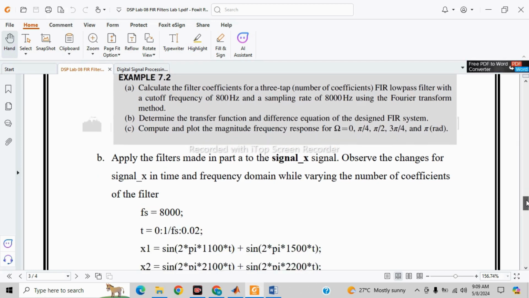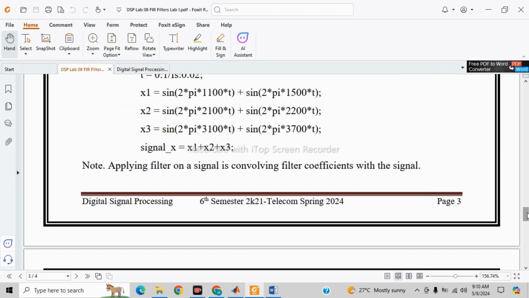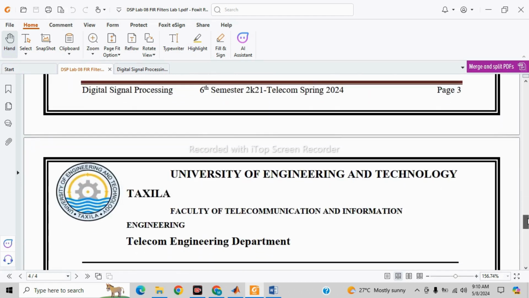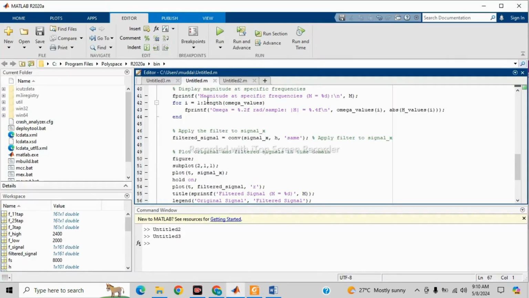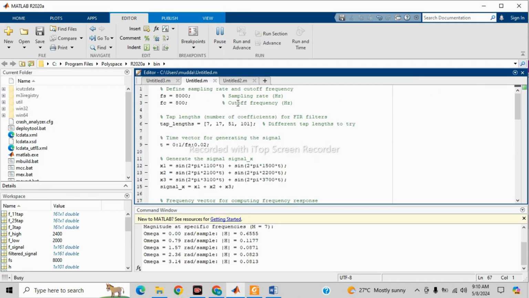And part B for this task is to apply the filters made in part A to the signal X. Observe the changes in signal X in the time and frequency domain while varying the number of coefficients of the filter. Note, applying filters on a signal is convolving the filter coefficients with the signal. So here is the MATLAB code for this task, and the output of this task is